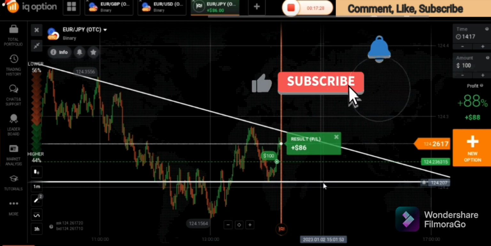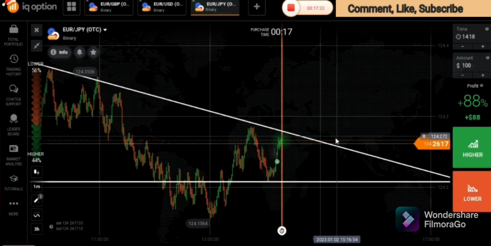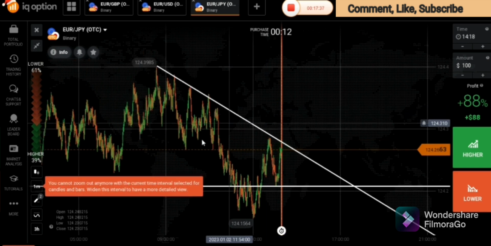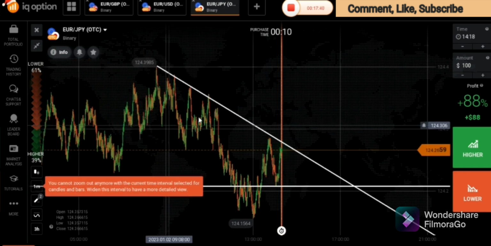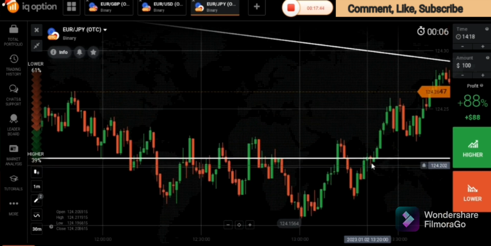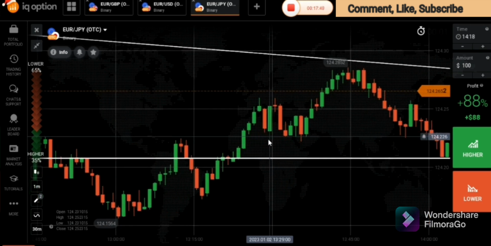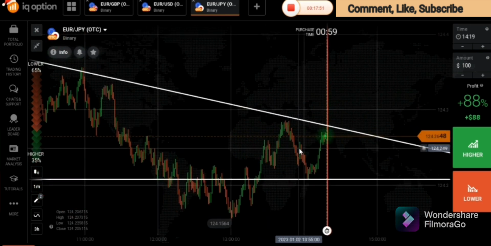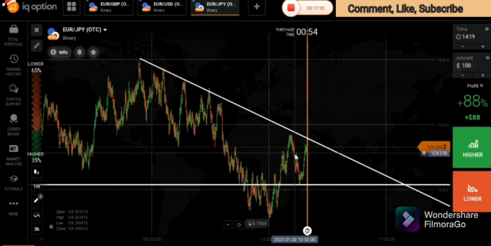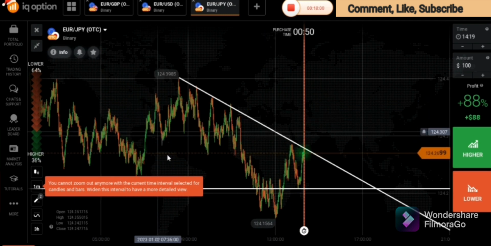So guys, we have won this trade. So now let me explain to you again this trading setup. When I opened this chart, the market was somewhere around here, and then I noticed that this market was a